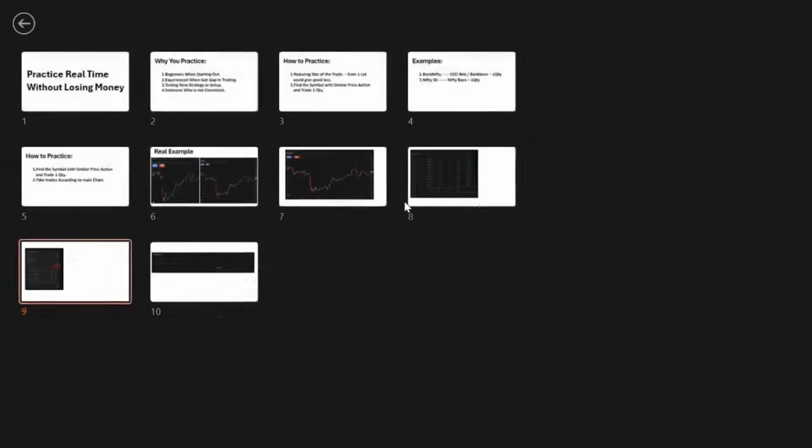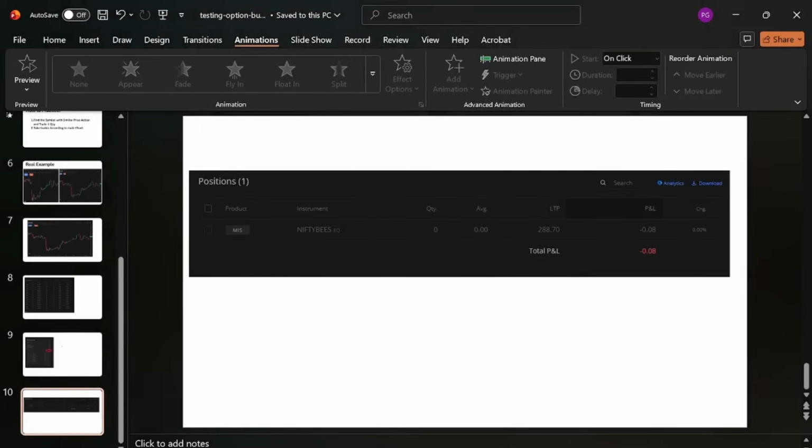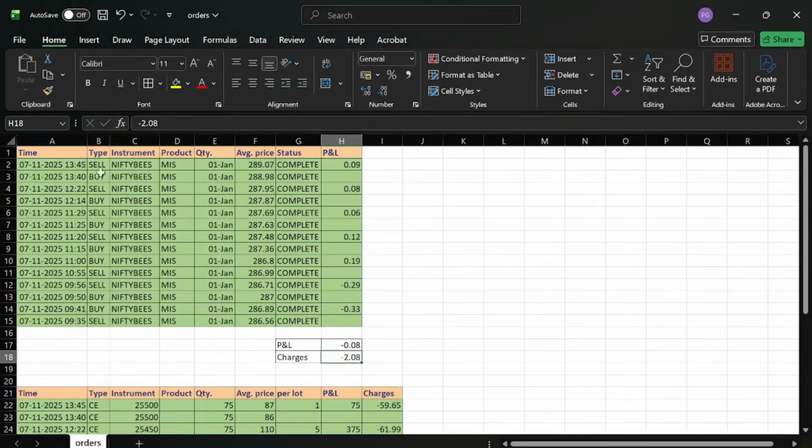And coming to this P&L, I made 8 paisa loss. So yeah, I got a good break in between my trading days, so I don't want to jump directly and trade my options. So I want to warm up, and today I traded after a long time, and let's see what would have happened if I have taken this same trades directly in the option, even with the one